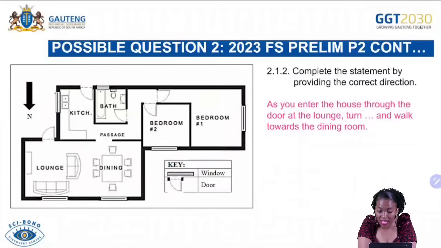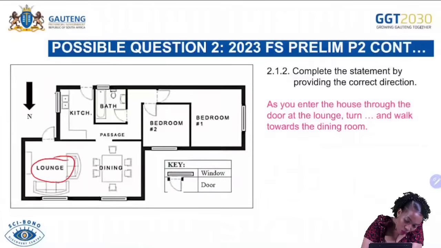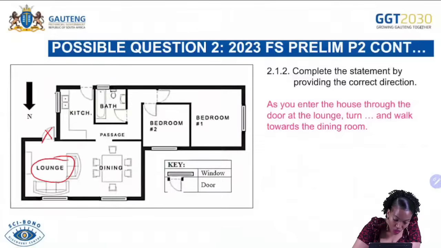2.1.2, complete the statement by providing the correct direction. As you enter the house through the door at the lounge. Where is the lounge? This is the lounge. It means when you are entering, where are you? You are here. So as you enter the house through the door entering the house, you must turn and walk